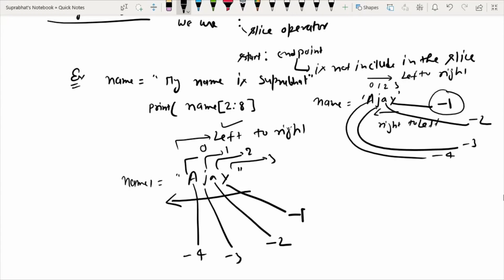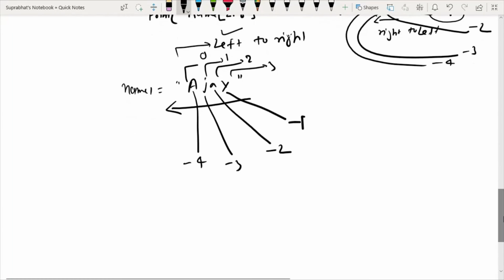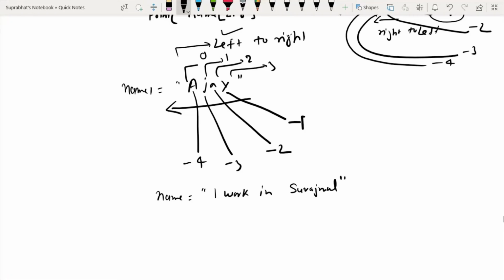In most of the questions they will ask, suppose in a Python script you have to type the Python script, what will be the output of that particular Python script. Suppose you have given a script like this, name equals Surajmal, a string.